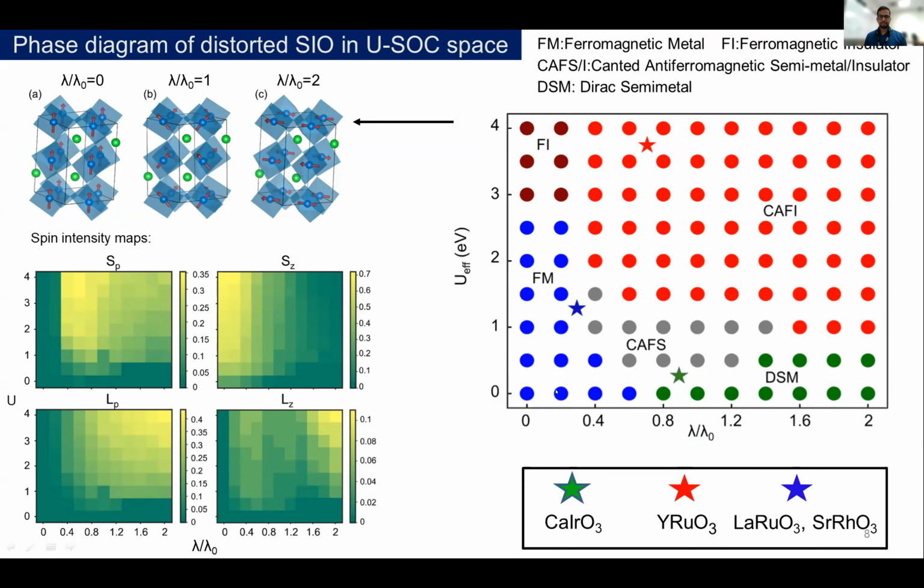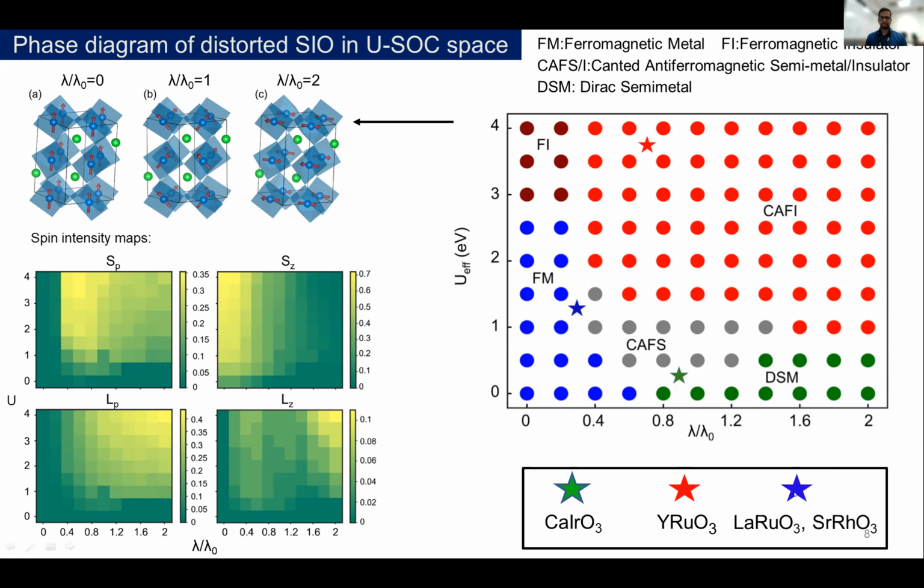Whereas in the weak spin orbit coupling regime, as the strength of the on-site Coulomb repulsion increases, the ferromagnetic metal phase transforms to a ferromagnetic insulator phase. In the intermediate regime, we get a canted antiferromagnetic insulator phase. Interestingly, in this line, where U is fixed at 4 and the strength of the spin orbit coupling increases from 0 to 2 times the real spin orbit coupling, lambda naught being the real spin orbit strength, which is scaled as follows, when the strength is roughly twice the original, you can see all the spins aligned in plane. So there is a spin reorientation transition from the z-axis to in-plane as the spin orbit coupling increases.